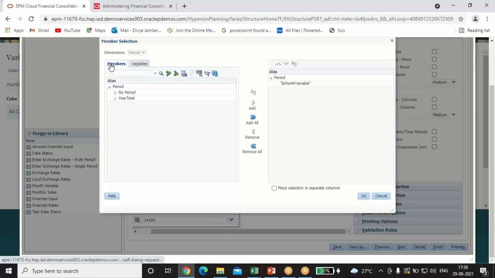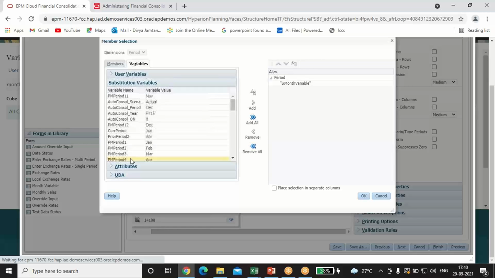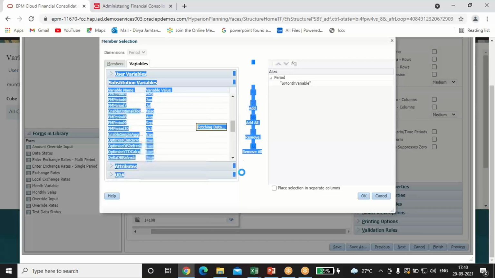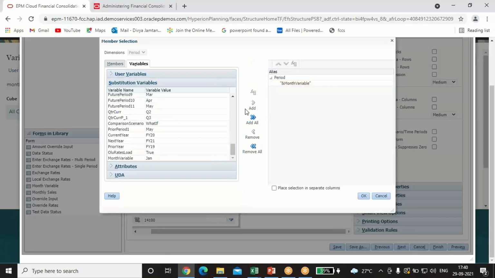you can see there are two tabs. One is the member tab, another is the variable tab. Click on the variable tab. I have defined my variable under substitution variable. So click on substitution variable and select the variable which you have created. I have selected my variable, month variable. When you select that and click on add, on the right hand side it will be added and shown as the end month variable. Just click on OK